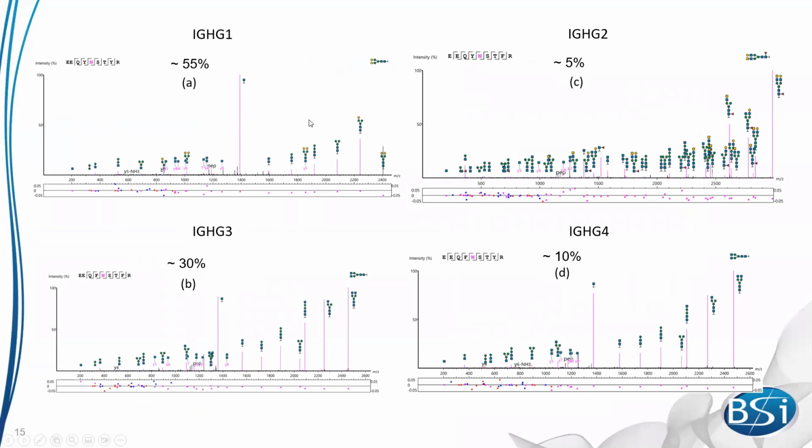And we provide that for you in an intuitive way. Also, because we're doing some label-free quantification, we can give you an idea of the approximate amount of each subclass in the data set. So it's almost like 55% for this, 10% for IgG3, 30% for IgG3, 10% for IgG4, and then 5% for IgG2. So it gives you an idea of the amount of the different subclass types in our samples.